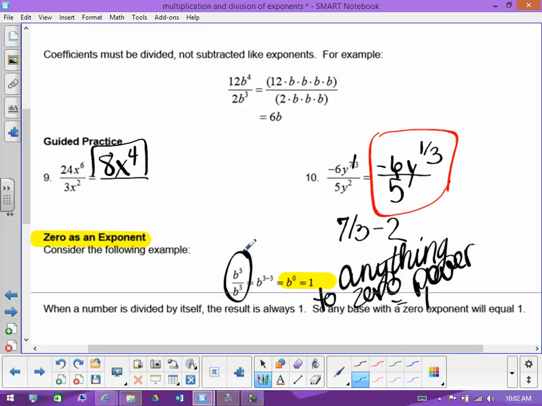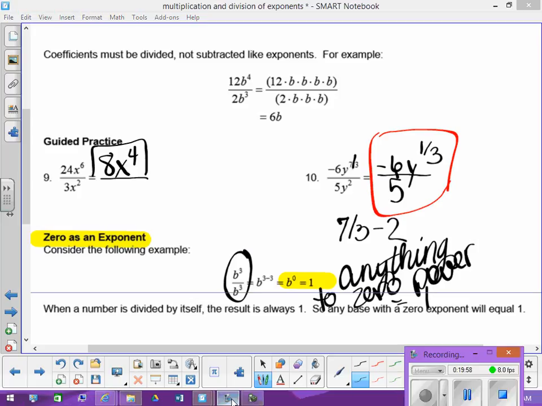That's not the same thing as b. I get this a lot, where students write b to the 3 minus 3 equals b. No, it equals b to the 0, which then equals 1. That makes a big difference. The thing that would equal b would be